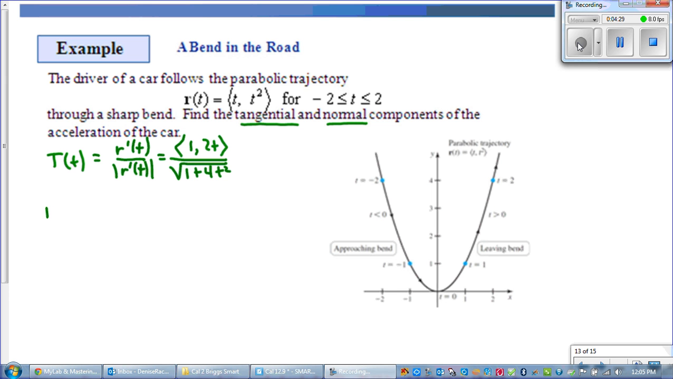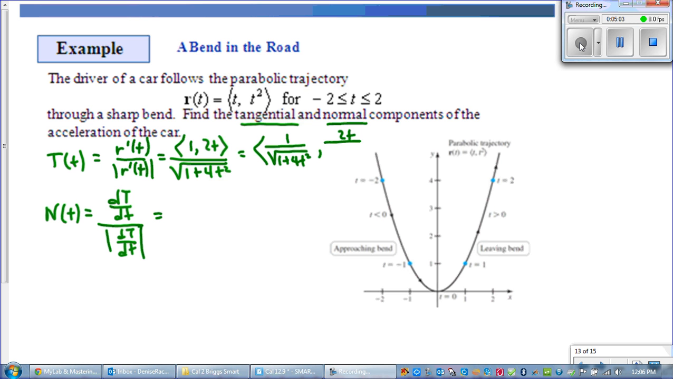So now let's find the normal vector, N of t. We'll use the formula, the change in the tangent vector with respect to t over its magnitude, since this needs to be a unit vector. Now, the change in T with respect to t, that's just the derivative of T. So T prime, now keep in mind, T is the same thing as (1 over the square root of 1 plus 4t squared, 2t over the square root of 1 plus 4t squared). So the derivative of T,